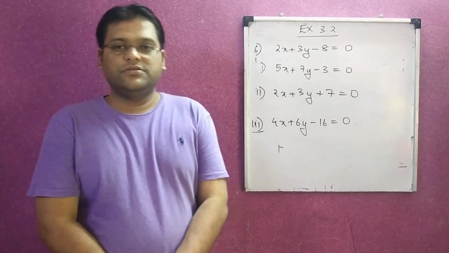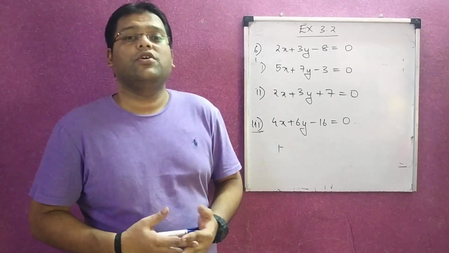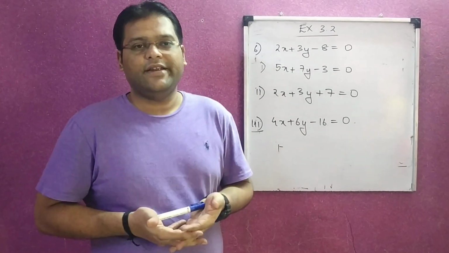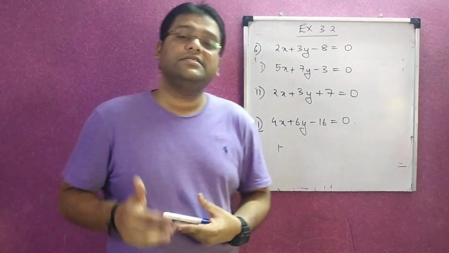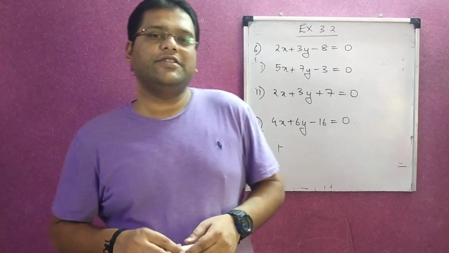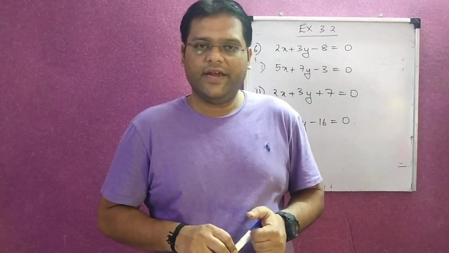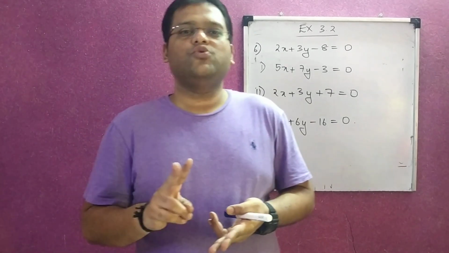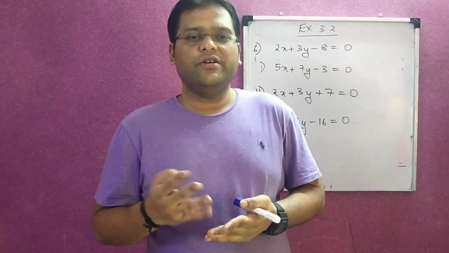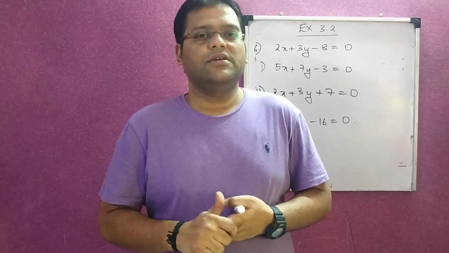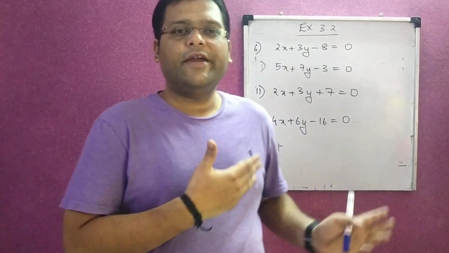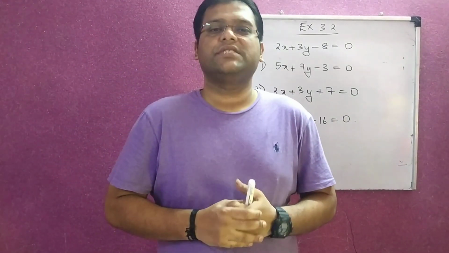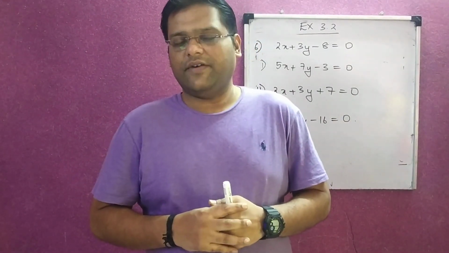Right? So that is what we have for exercise 3.2. Of course, there is a question number 7, but that is a graph. You are going to draw that particular graph. So question number 3, I have given you 2 questions. Question number 4, there are 4 questions. Question number 5, I have made the equations, you have to make the graph, and of course the last question, question 7, you are going to make the graph.